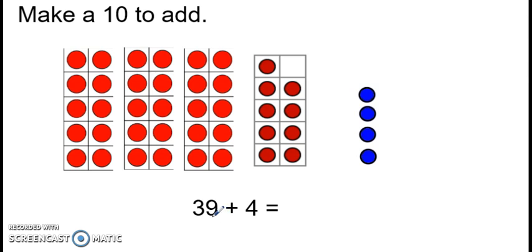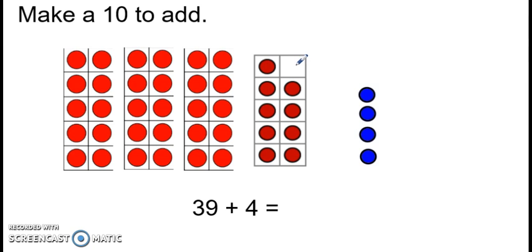Here's our first problem. We have 39 plus 4, and above I've used 10 frames to show 39 plus 4. If we look at 39, how many more ones does 39 need to get to my next 10? My next 10 would be 40. Remember, 10s end in zeros. If I look at my 10s frame, I can see that I need one more 1 to make 4 10s,